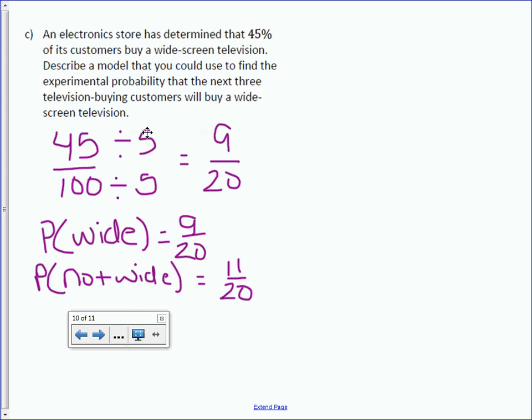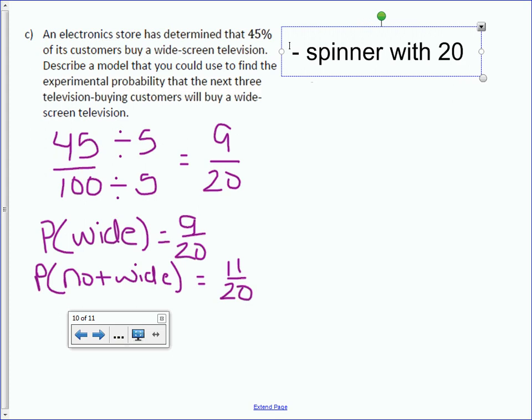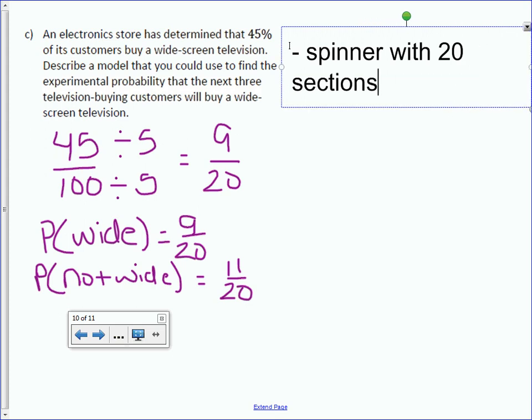You could, in this case, also use a spinner, but it's a lot harder to section off the spinners. You would have to have 20 sections, with 9 of them being one color and 11 of them being another color, which we can do. So let's try that for this one. So we can have a spinner with 20 sections, because again, 20 was our outcomes and our probability and our fractions. Spinner with 20 sections,